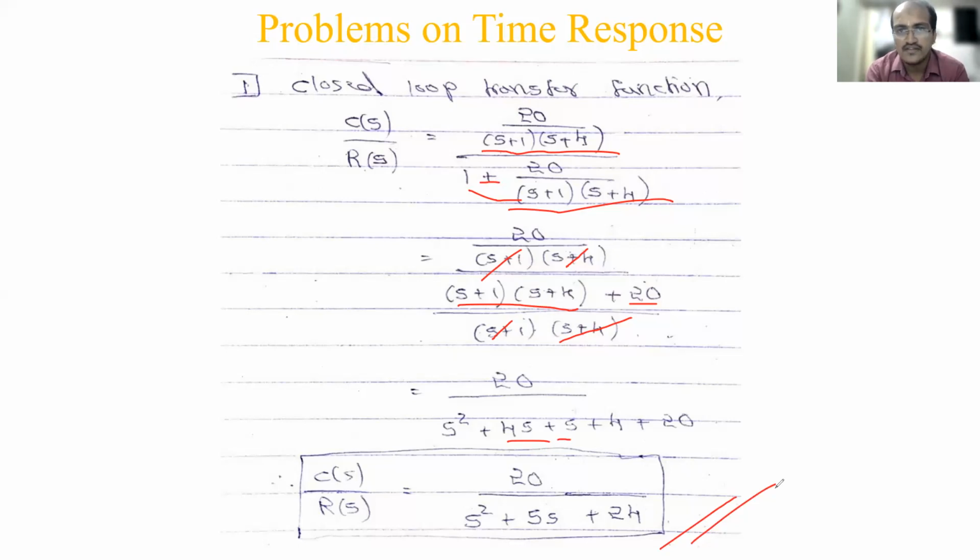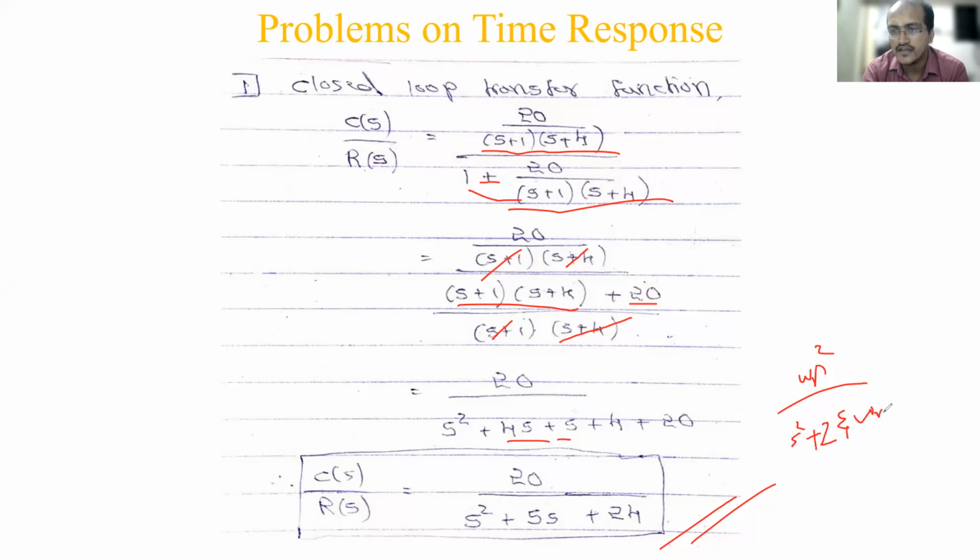Okay, so this is the very first thing you have to do if any problem is given. They can give either a differential equation, then you have to just apply Laplace transform and get the ratio. They can give you the signal flow graph also, they can give you the electrical network also, they can give you the block diagram also. So anything they give, you need to find the closed loop transfer function, and it should be in a standard form. So when you compare with standard form, what is the equation? As I told you, the numerator you have omega n square divided by s square plus 2 zeta omega n s. Okay. So that is what next, determine damping ratio, omega n, all these things you need to find out.